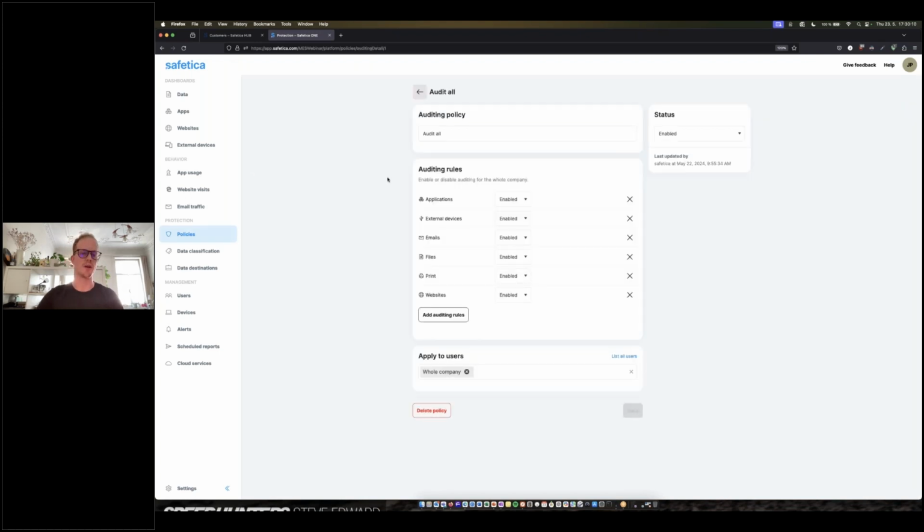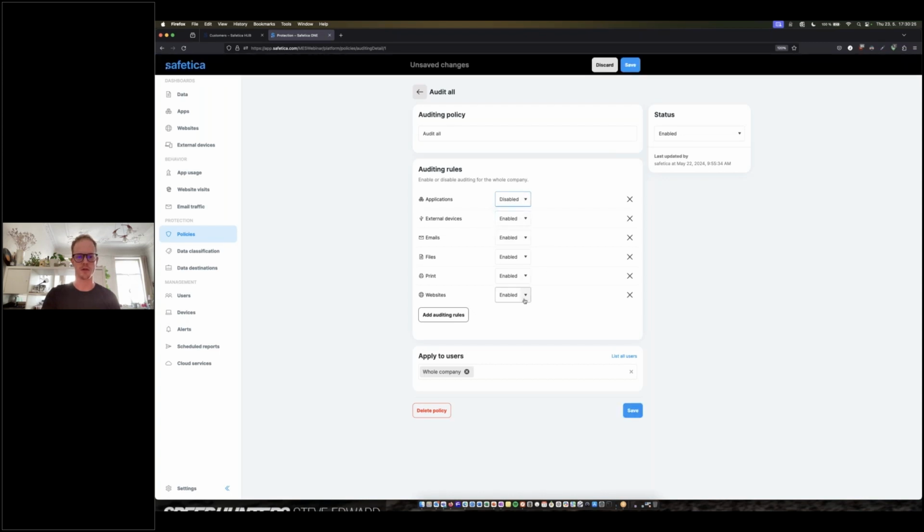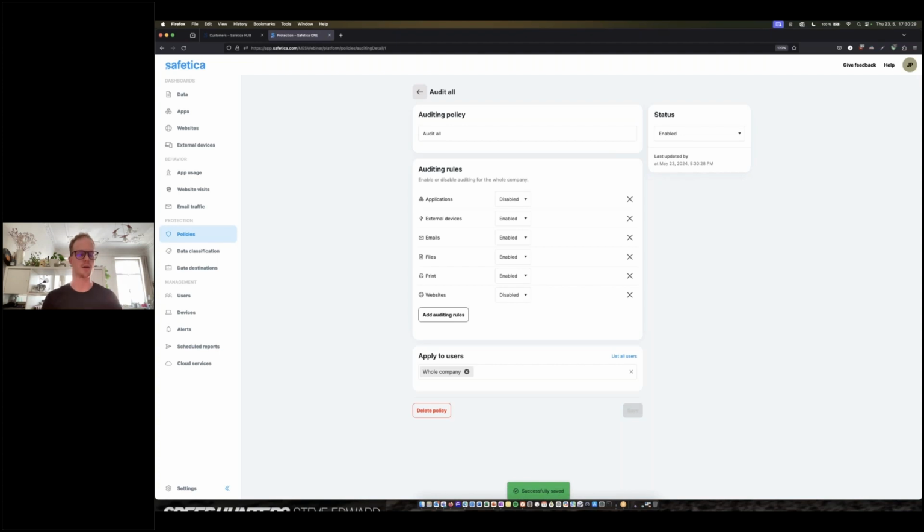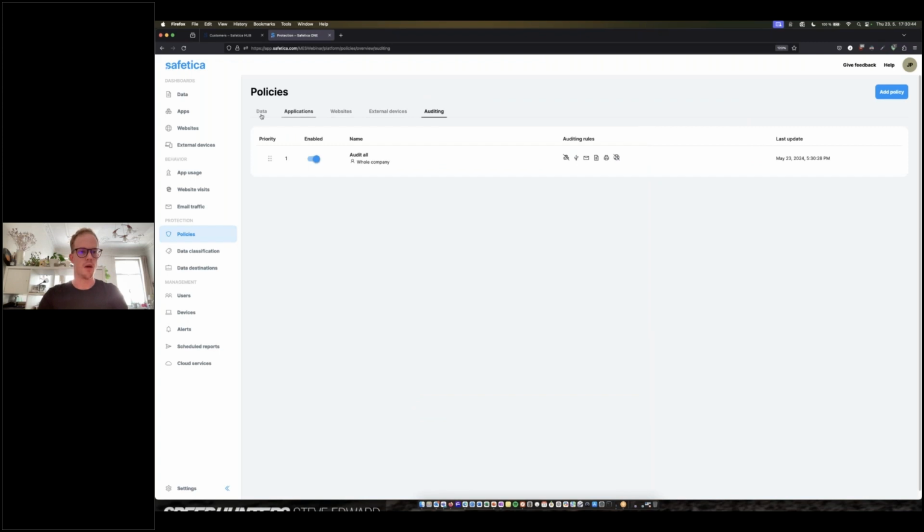And last but not least is the auditing side of things. This is where we are getting the information from any and all of those file transfers that I went over on that first data pane. But if you don't want to see who's doing what when it comes to the application usage, you can simply go like that and go like that and save that as such. And now you're not going to be picking up on that data anymore. Maybe you're really only concerned about emails and files. You don't care about anything else, and you can turn that off, for example. And again, specify for certain users or not. It just depends on what you want to do.